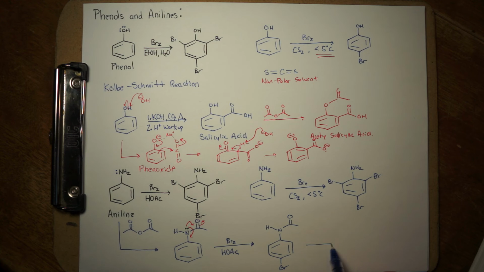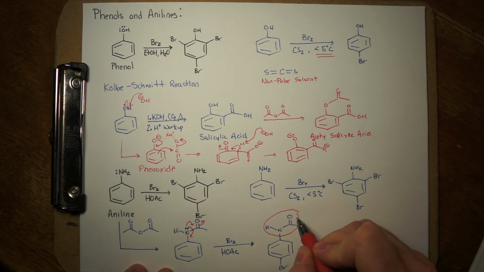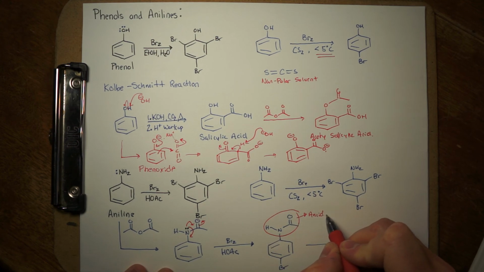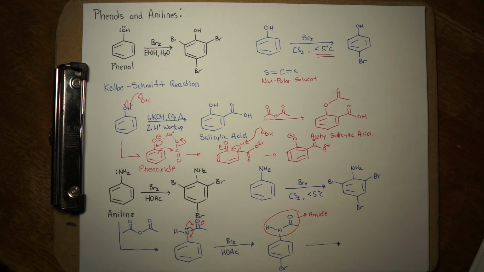To remove that acetyl group, see if you can think about how we would get back to the amine. Maybe pause the video, try out a mechanism, try out some reagents, and see if you can figure out how we get back to the para-bromoaniline. Well, if you paused the video and thought about this, hopefully you identified this group as an amide. And when you hydrolyze amides, you break the carbonyl-carbon nitrogen bond and make a new carbonyl-carbon oxygen bond, and then you end up protonating that leaving group in the end. So for this, we can use